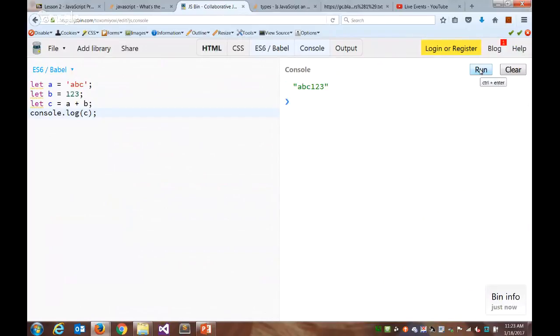So it's implicitly doing some typing here. It's not trying to perform math and throwing an error, for example. It's going to say, well, one of these is a string, so we're going to assume the second one is